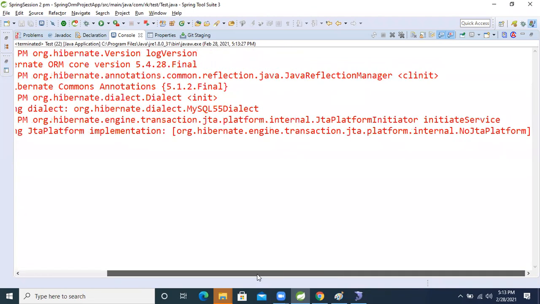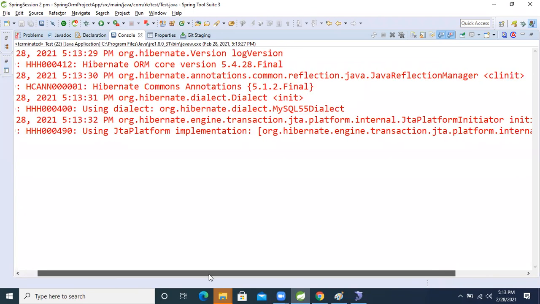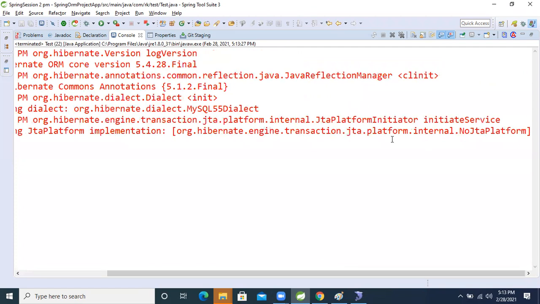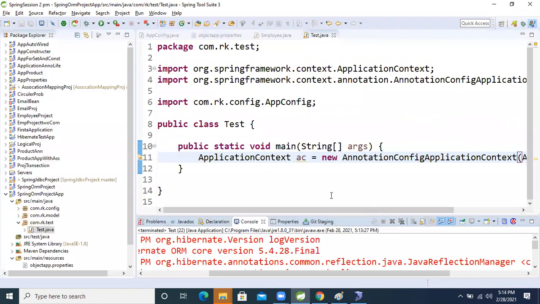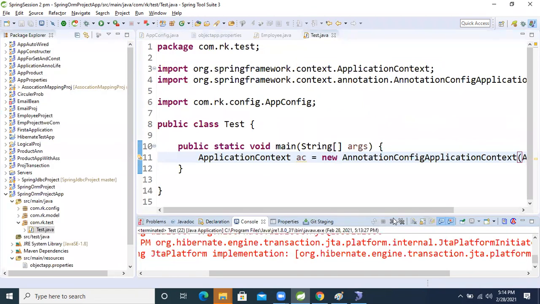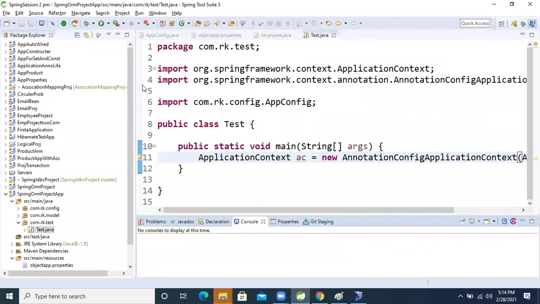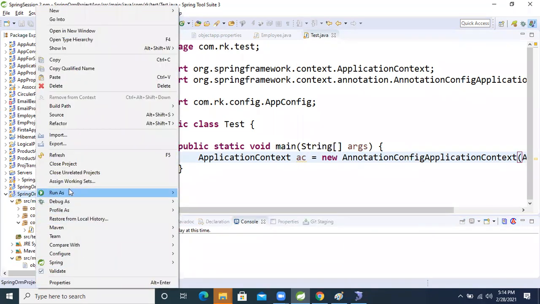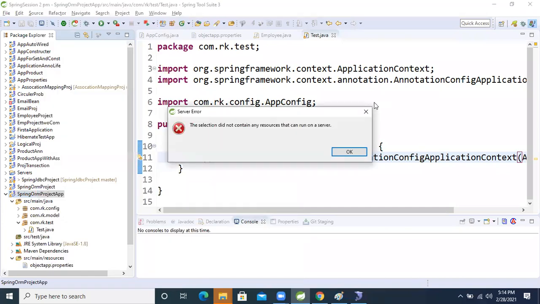One more time, I'm running this application. Oh, sorry, server.